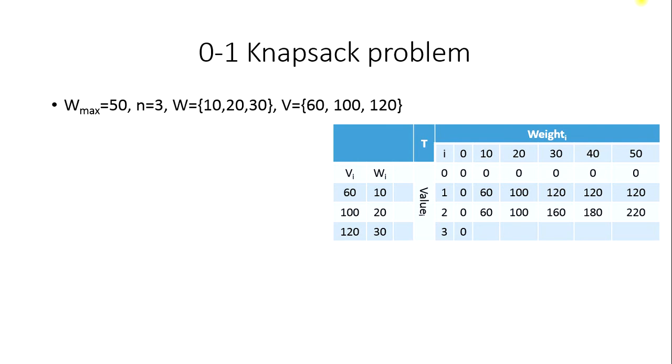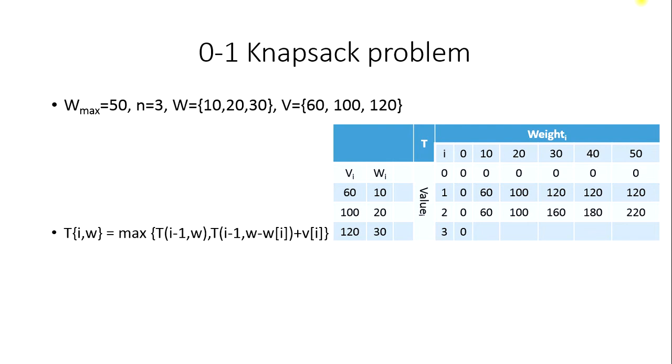So up till now we have been doing everything verbally. So do we have a formula to go with that? Yes, we do. This is the formula that we can follow. That is I comma w from the table, and maximum of the two arguments. The first argument is I minus 1 comma w, that is one less, and the second is I minus 1 comma w minus wi plus value of I.